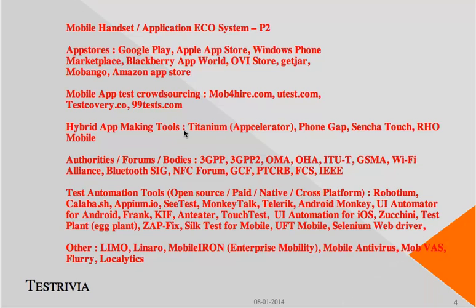And the other part of the ecosystem is mobile app test crowdsourcing. What is really crowdsourcing and how do people do that, and what is the benefit of it? We will take a look at all those things in the coming remaining sessions, and I'll cover that later. And if you are interested right now, you can just simply pause the video and go